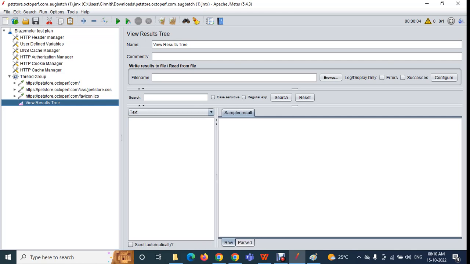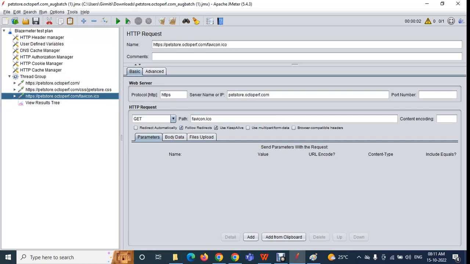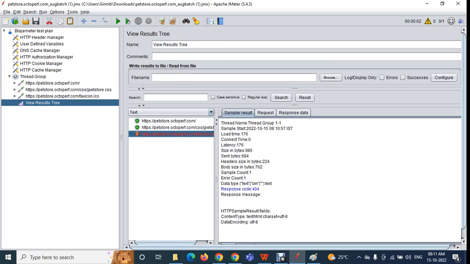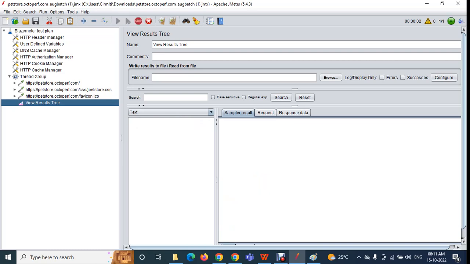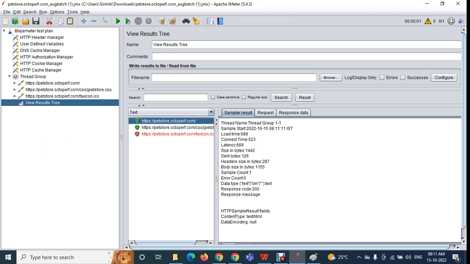Now I will execute, see. Click on the play button. If you click on the play button, you can see requests are executed here. You can see the requests, right? Here we have 3 requests, request 1, request 2, request 3. Those 3 are executed here. Whenever you click on the play button, the request is triggered to the server. As I showed you, the request is triggered to the application server, and you can get the response, right? You can get the response in JMeter. So we are seeing that here. This is the request which we executed, and you can see the responses as well.